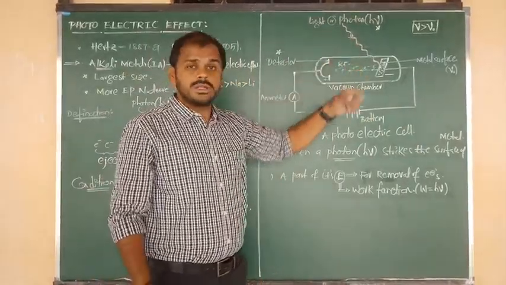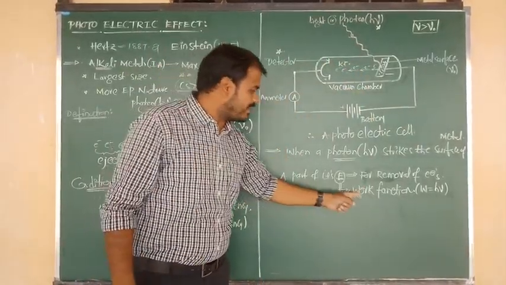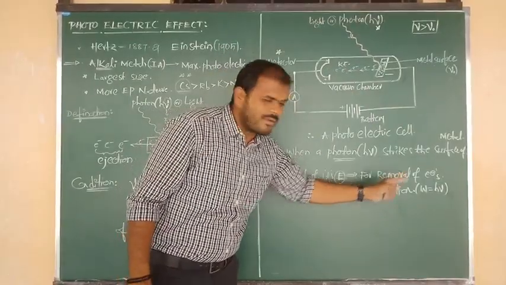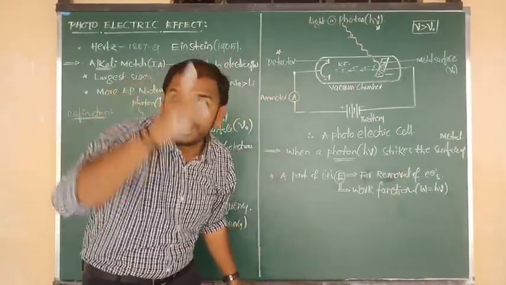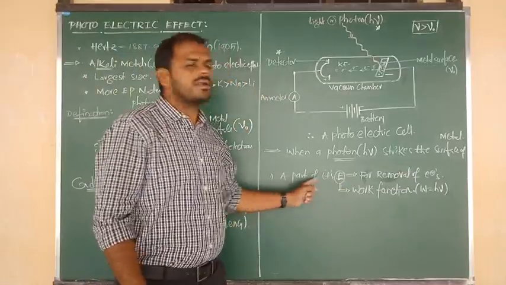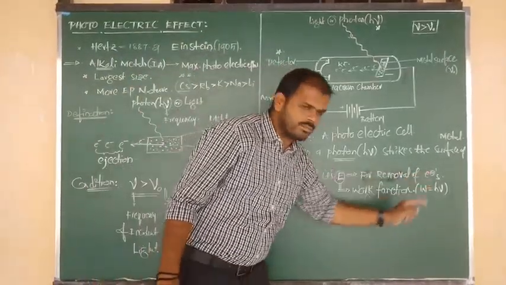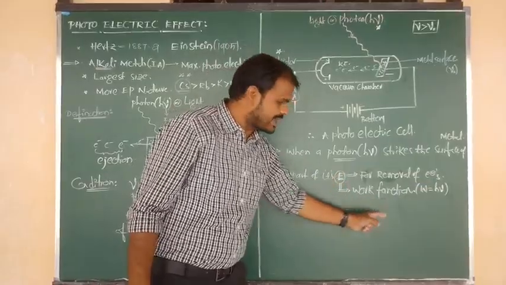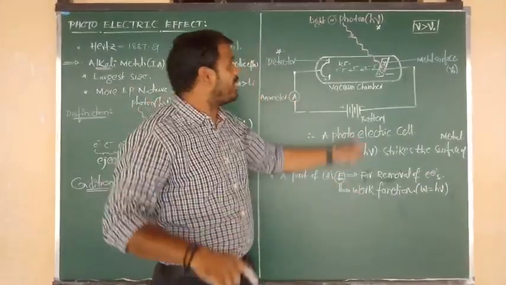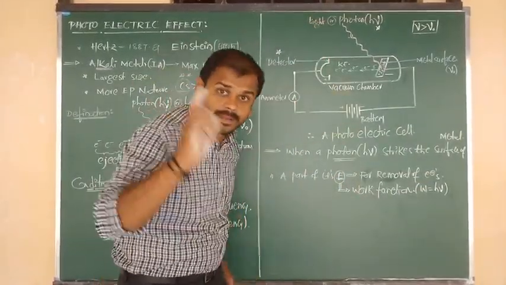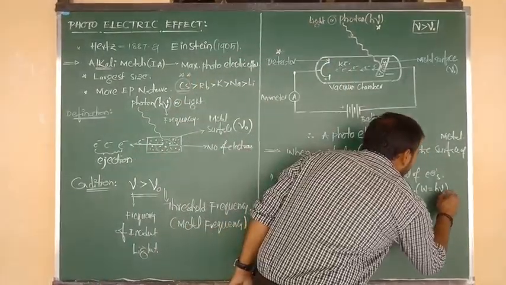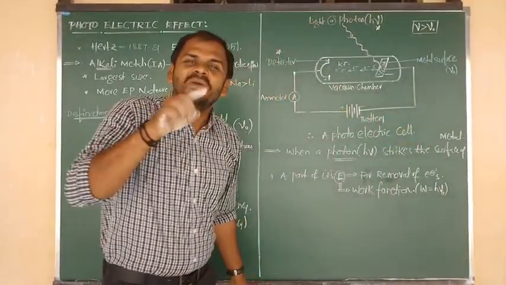Sir, but hν is nothing but total energy, sir. But here for work function and for the removal of electron, we are not using total energy. Just a part of energy from the photon we are using for the removal of electron. That is what we are saying is work function. But work function is not equal to the total energy of the photon. That means here we have to write that W equals hν₀.